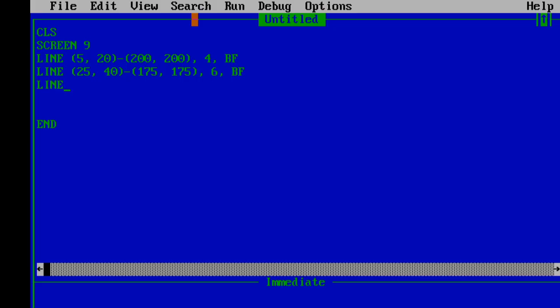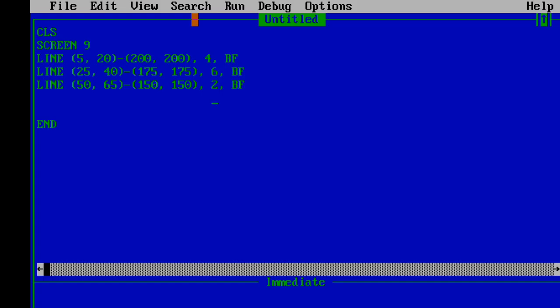I can have one more command here. See, suppose I am going to give you a line command, then again I am going to add here 25, so this will become 50, and this will become 65. Then here I will go here, then here I am going to decrease 25, so 150 comma 150. Then I am going to get here again a red color or any other color. Let's take green color. Green is 2. Then I am writing a box filled type. Check the magic. Good. Last one I am going to do. That it's looking good, interesting.